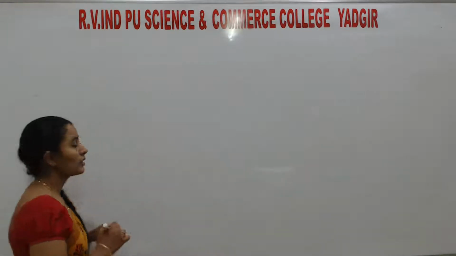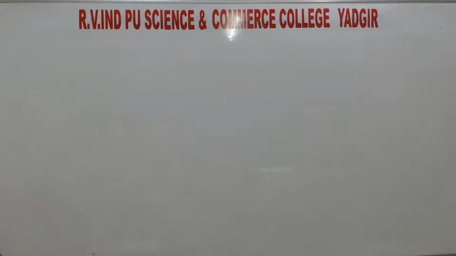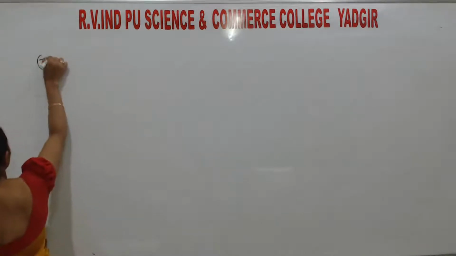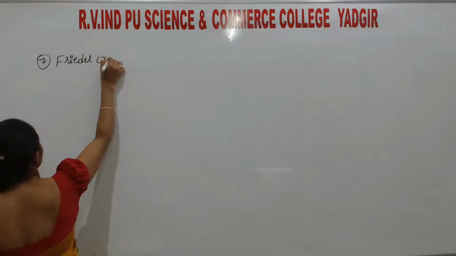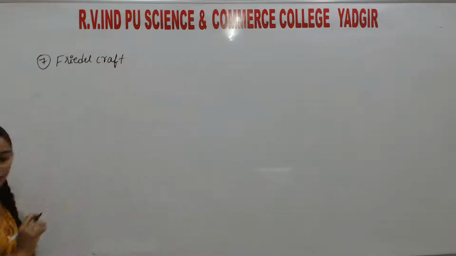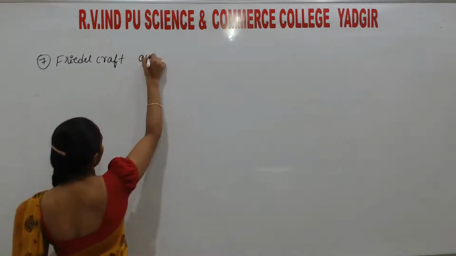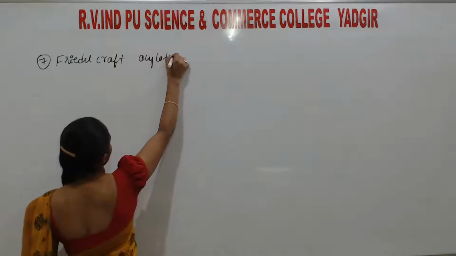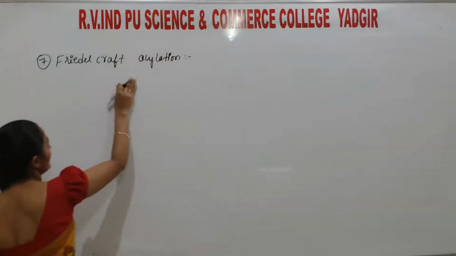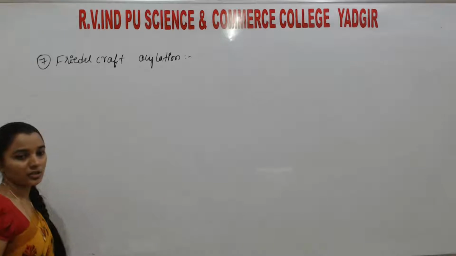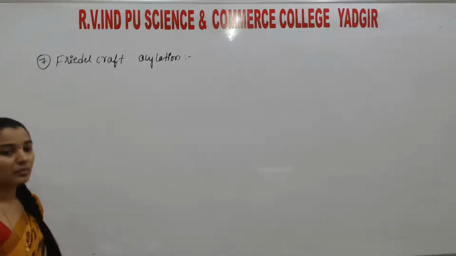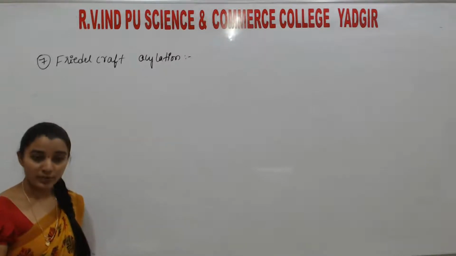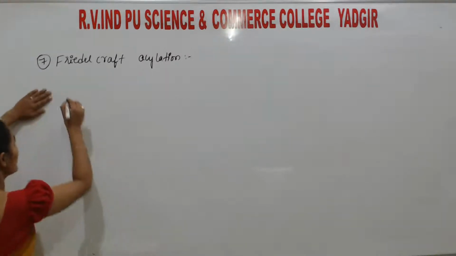preparation of ketones. So that is reaction number 7, Friedel-Crafts acylation. Friedel-Crafts acylation. So what is this Friedel-Crafts acylation? Remember, students, here the reactant is benzene. So this benzene